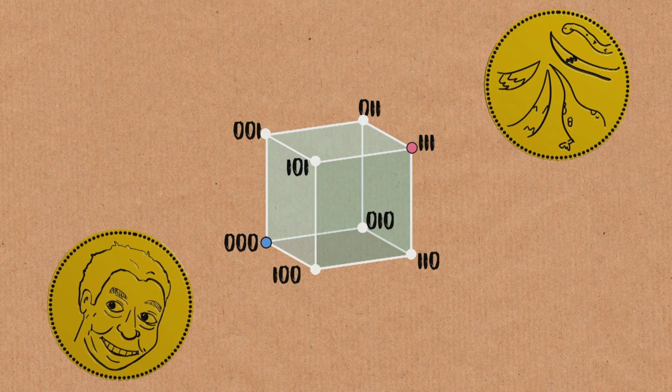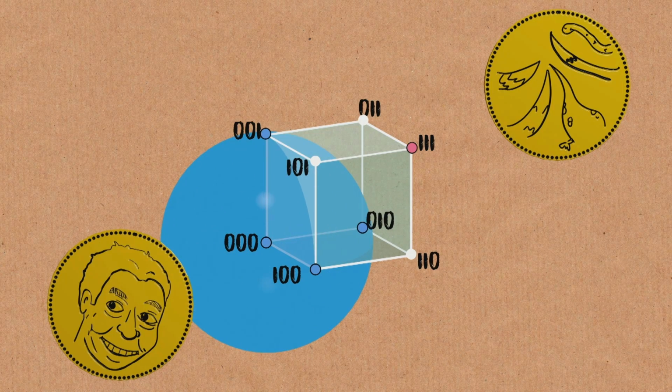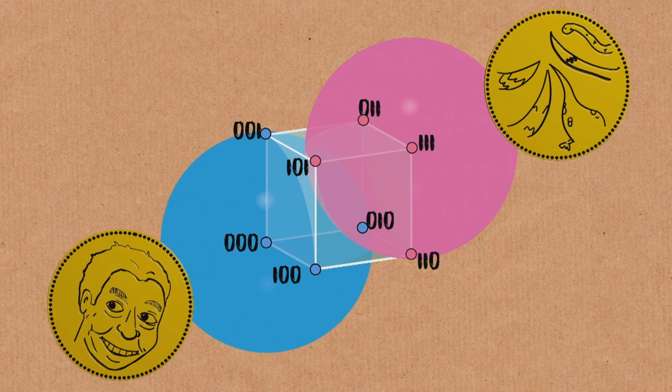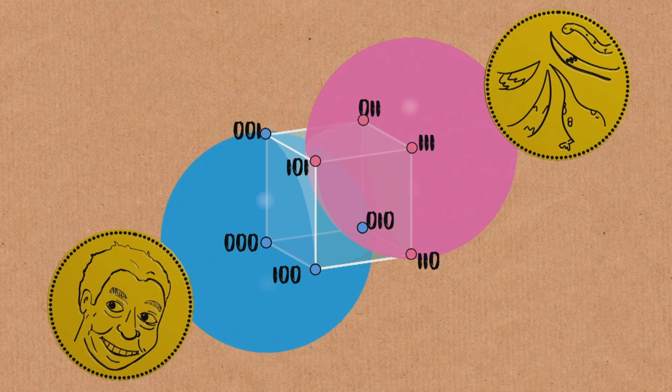Now imagine we have a sphere centered on those code words. So let's have a sphere centered at 0, 0, 0, and another sphere centered at 1, 1, 1. And let's say the sphere has radius 1. That means that these messages that are closest to heads are all contained within that sphere. So a message that is contained within a sphere is interpreted as the code word that is at the center of the sphere.